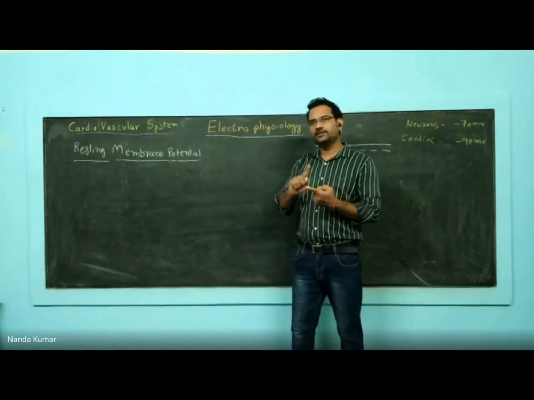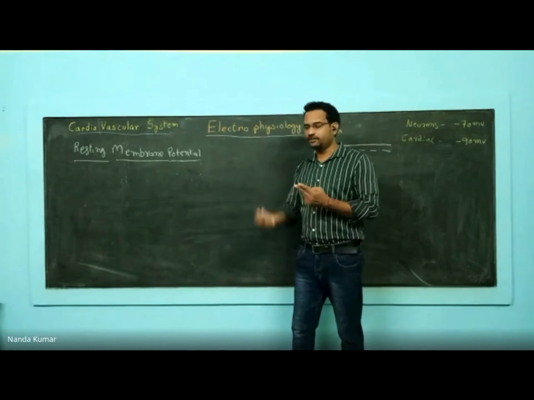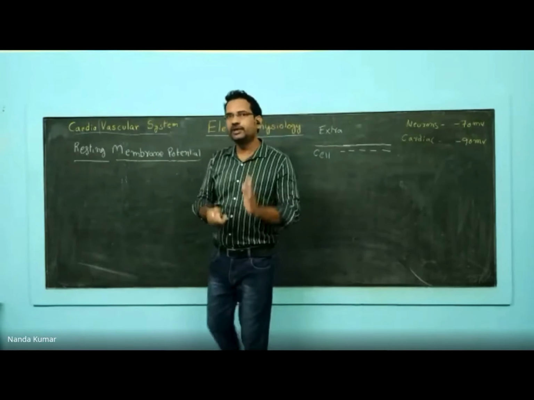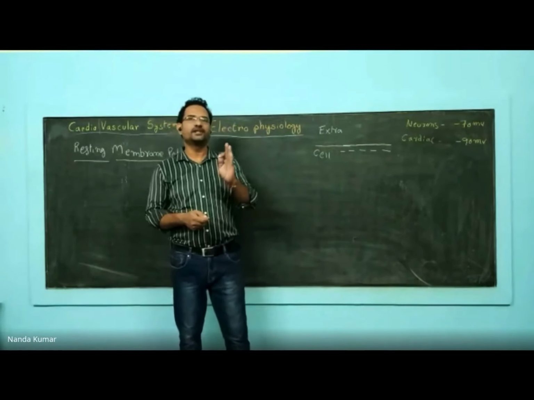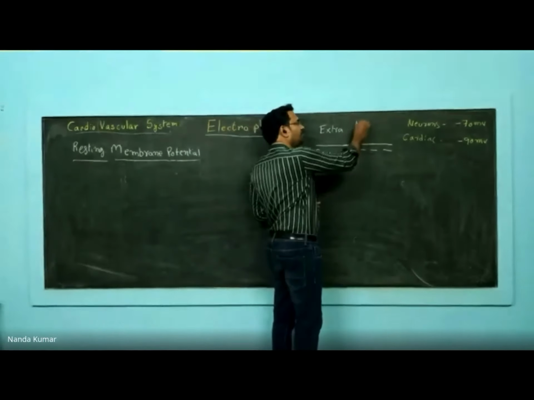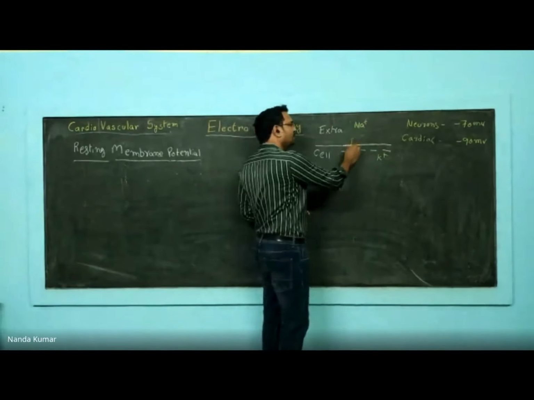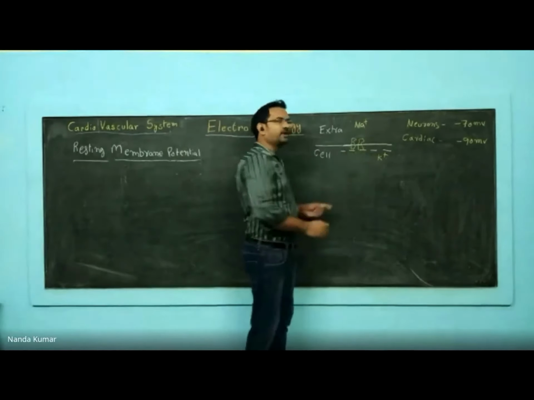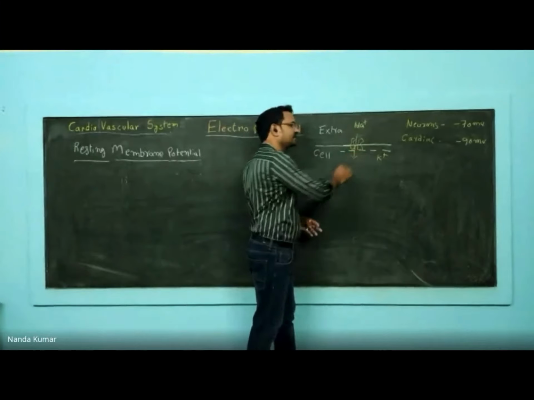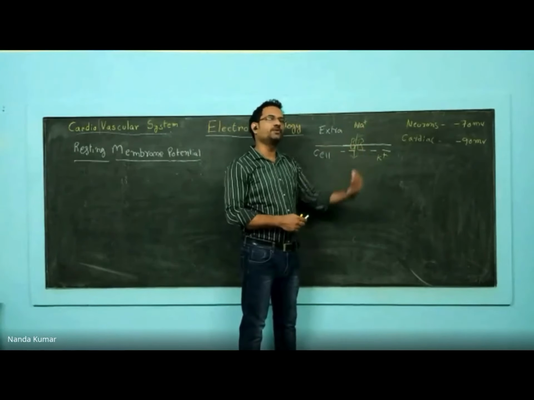You have sodium channels through which sodium gets inside the cell. You have potassium channels through which potassium goes outside the cell. Again, the flow is unidirectional, or concentration dependent. When the channel opens, imagine this: outside you have sodium, inside you have potassium. When the channel particular to sodium opens, because the concentration of sodium outside is more, sodium rushes inside the cell. So from higher concentration to lower concentration. This is known as down the gradient.